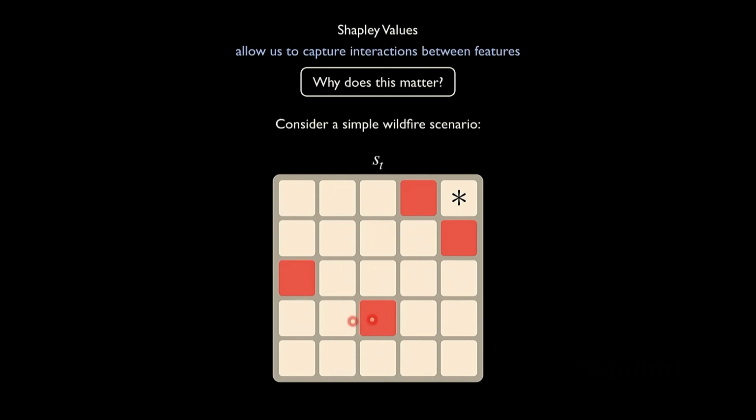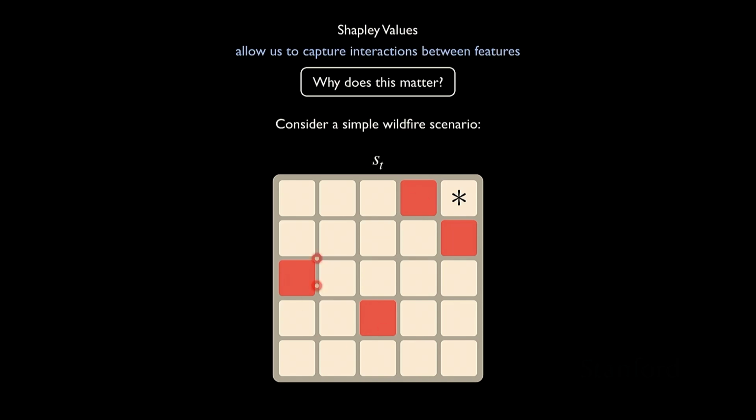We're going to consider a super simplified version of a wildfire scenario. Imagine we have some region of the world and we divide that region into different cells that could either be burning or not burning. The not burning cells are in white and the burning cells are in red. Most of this is land that is not really occupied, so we're not super concerned about it. But in this upper right corner, maybe there's some expensive property or homes or people, and we want to make sure that this is not going to catch on fire, or at least we want to understand the probability that this particular corner catches on fire.